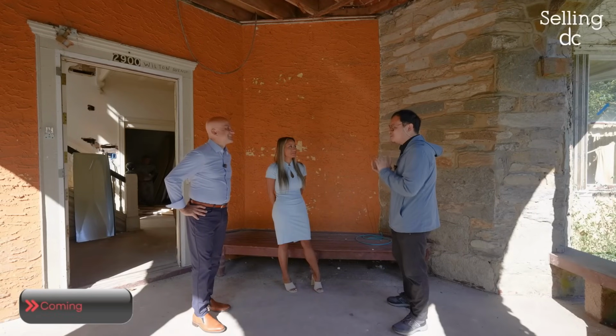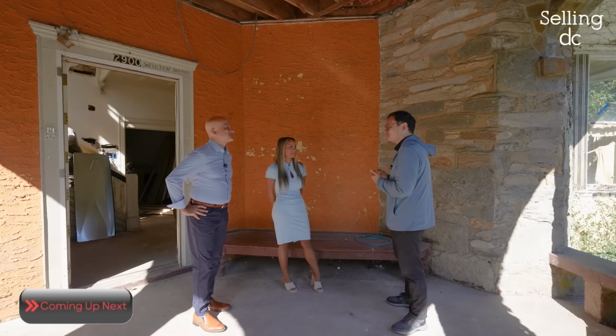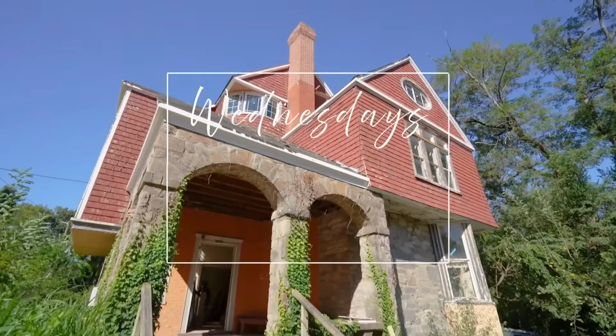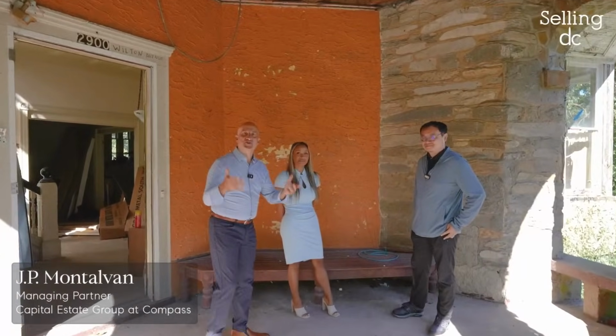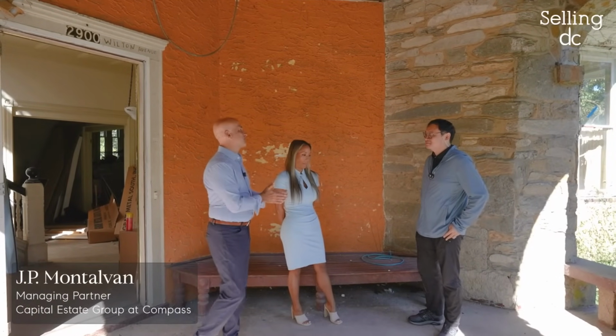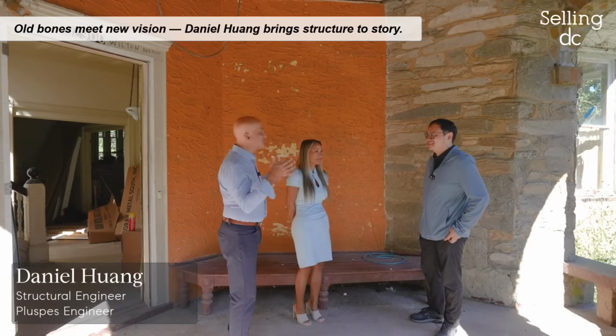Can't wait to see how you can modernize it, but still preserving the historic feeling of this Braemar. Here with Daniel, our structural engineer. And Daniel, thanks so much for joining us and also really for helping us with the structure of this home,